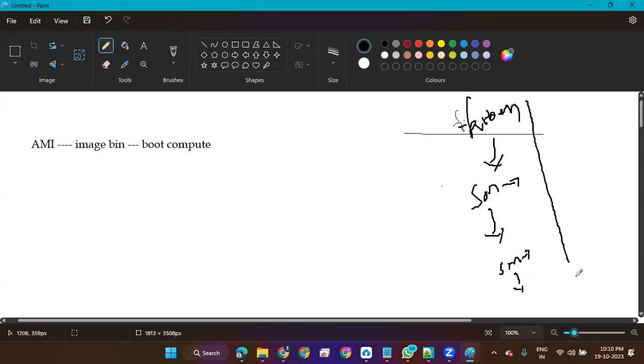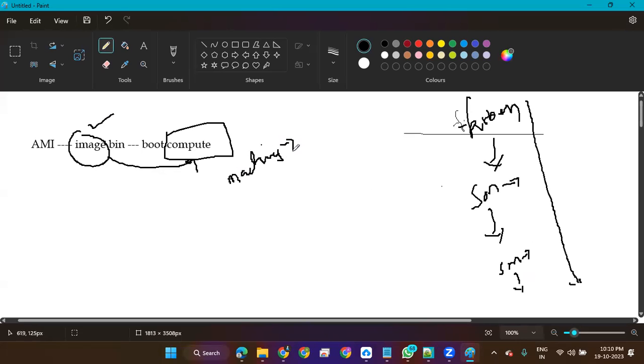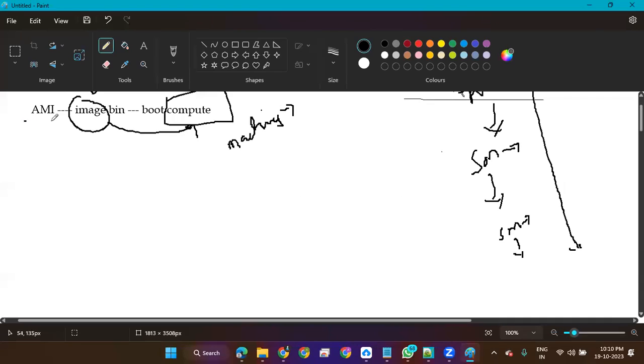This is the hierarchy, technically we call it. So this kind of file hierarchy, lib hierarchy, binary hierarchies will be enclosed inside this image. This image we are going to put in the compute engine, which is our machines, our servers. So that's why it is AMI.